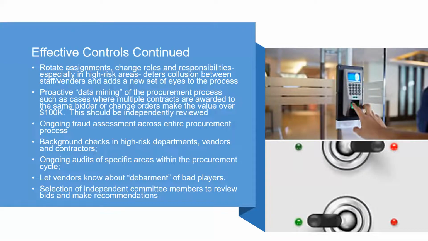Proactive data mining, as mentioned before. Having an automated procurement system makes it easy to extract data anytime and perform data analysis. Some procurement fraud schemes, which were discussed earlier, such as bid rigging, split purchases, and change order abuse, can be identified through data mining. For example, looking at vendor trends for contracts awarded over a period of time. If a vendor keeps getting awarded contracts, then take a closer look at the vendor and determine why that is the case.